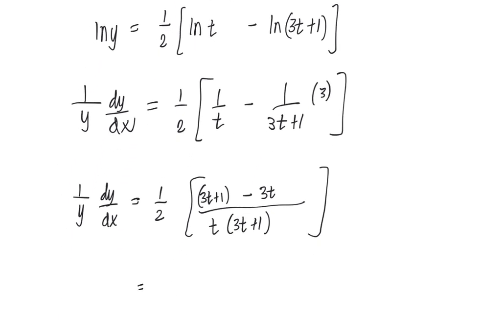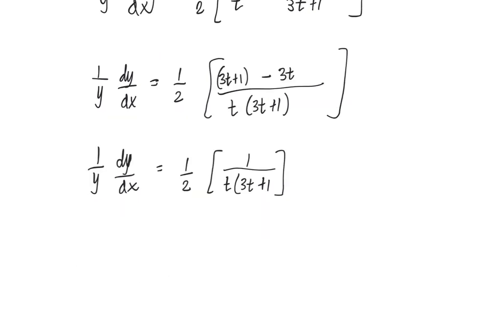So now, when you combine your like terms, you would just have that 1 in the numerator because the 3t's canceled, and the 1/2, 1 over y dy